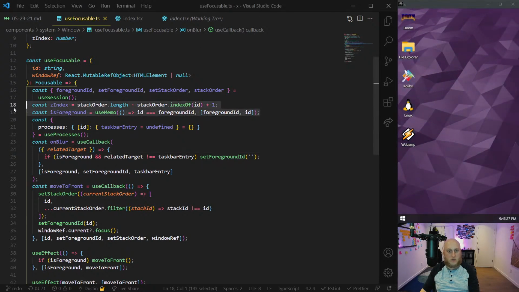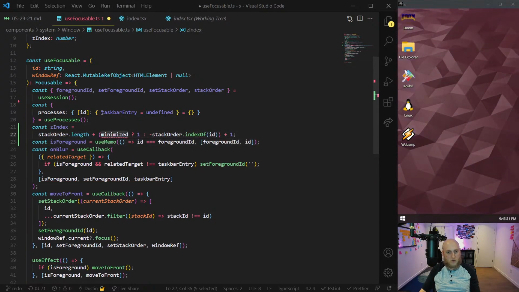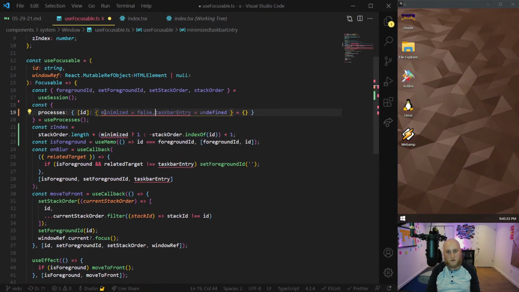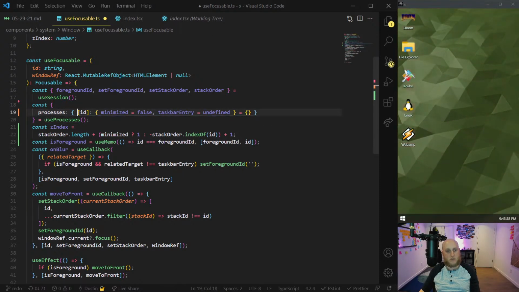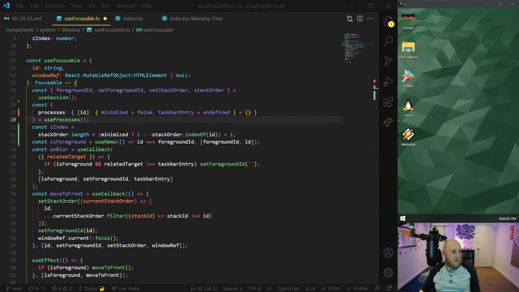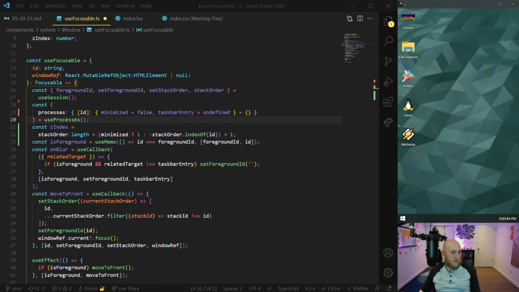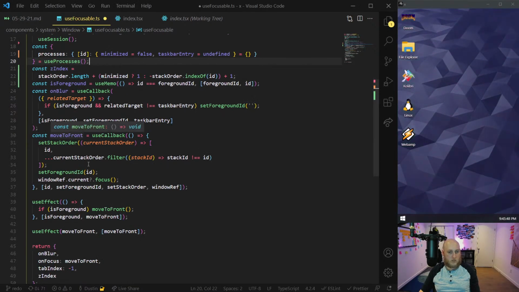So I was going to move these two down and I've changed them slightly to also account for minimized, which I'm going to take here. I already have it from my use processes hook where I have the processes array and I'm pulling based on ID to get the data I need. Now I've changed the logic a little bit here. I'm going to paste both. So it's the move to front function that I changed.